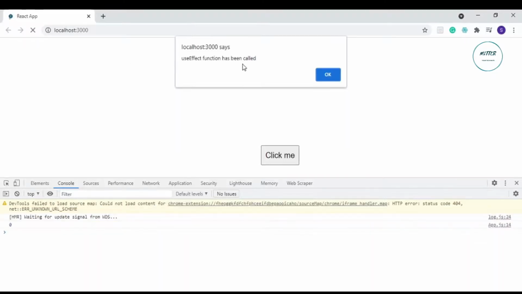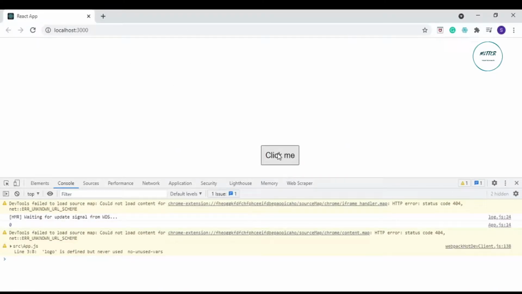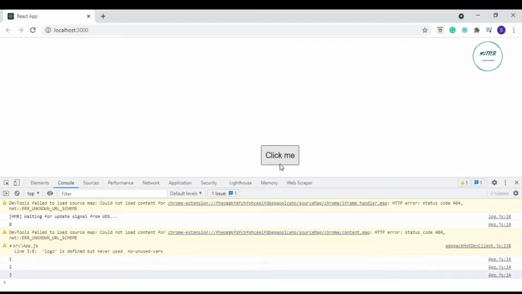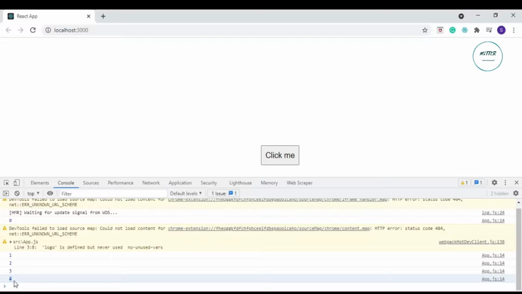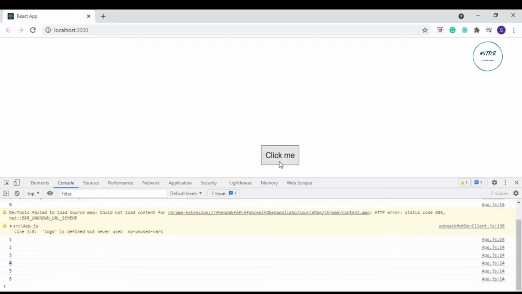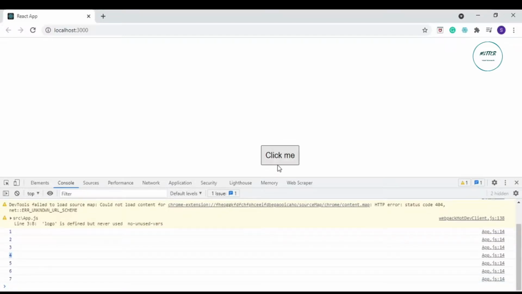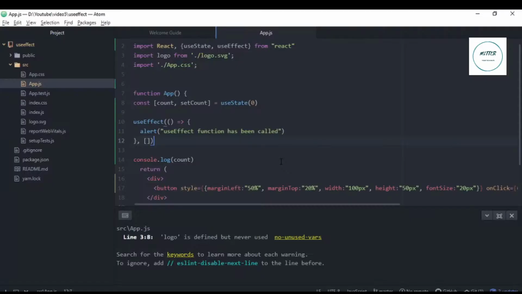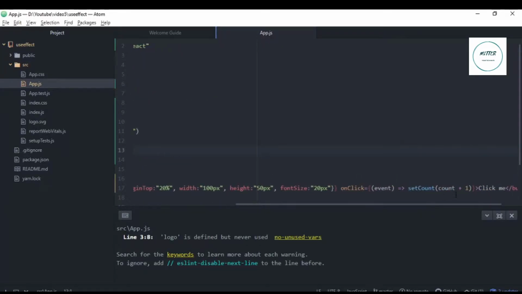It says useEffect has been called, and when I click on this, my count goes to count plus 1. You can see here that when I click on it, my count increases by 1. Now it's 4, 5, 6, 7. So my button is changing this variable count, just increasing the count to count plus 1.